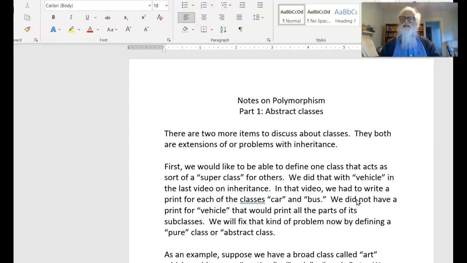I have one more item to talk about to complete the things I wanted to do for this semester. And the item is polymorphism. We're going to look at it in two parts. The first part is going to be abstract classes. The second part will be